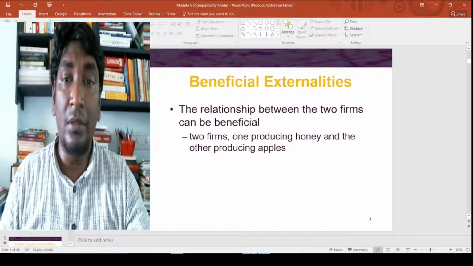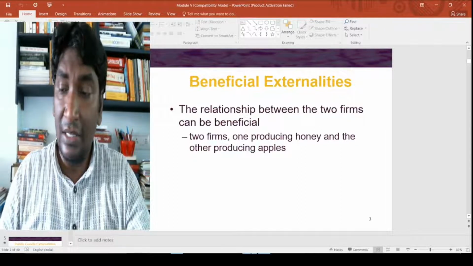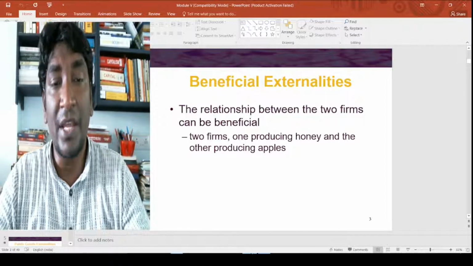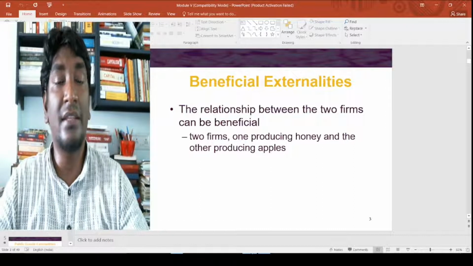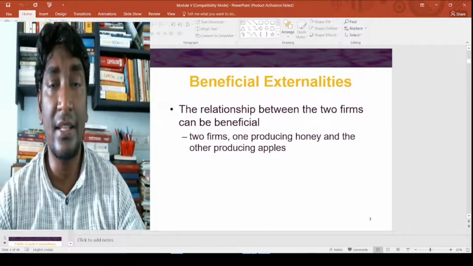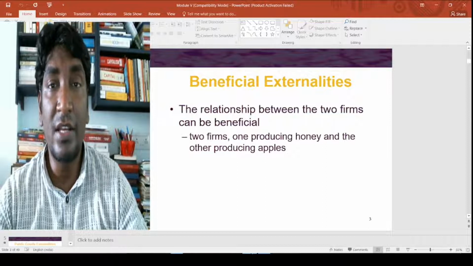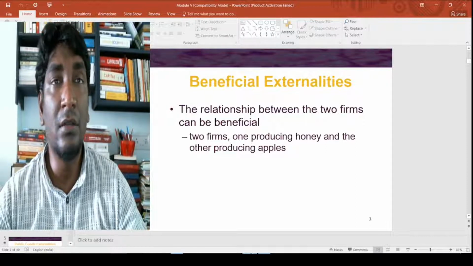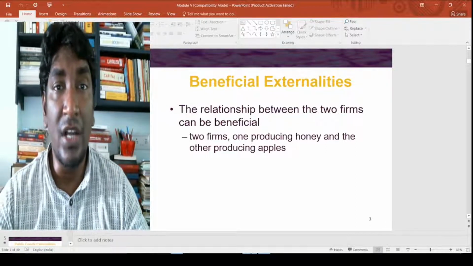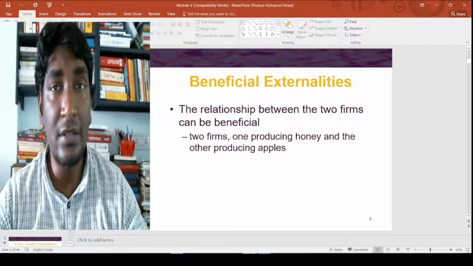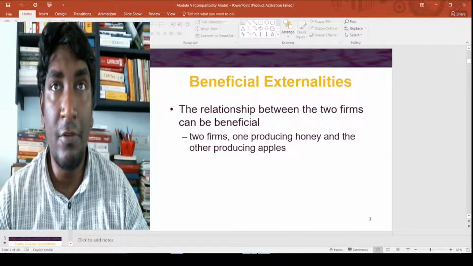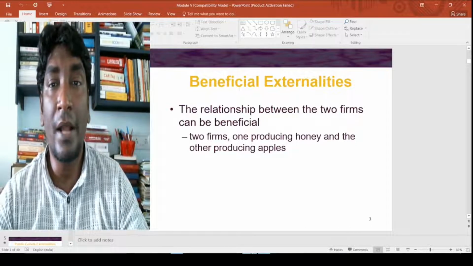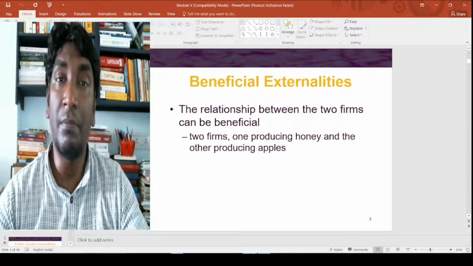So the beneficent externality can be discussed in the form of the relationship between two firms, one producing honey and the other producing apples. This is what I said earlier in the context of the perfume spray. Instead of that, we can have a production example like the beekeeper and the orchard. Once you have an apple orchard which has been running,